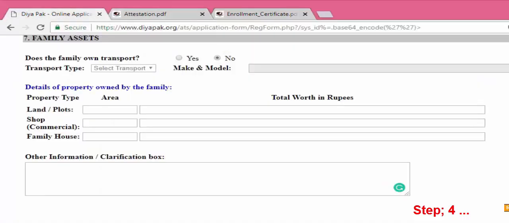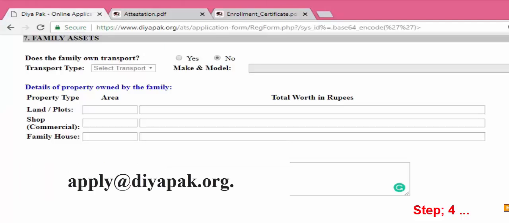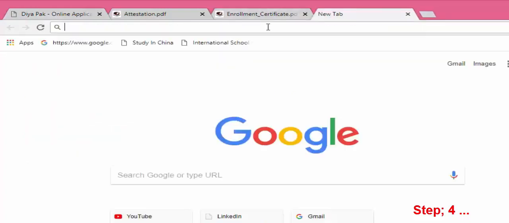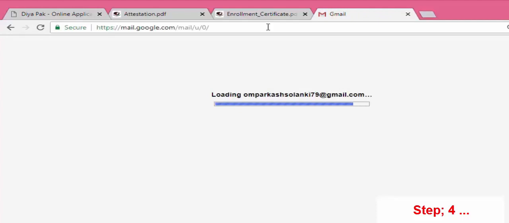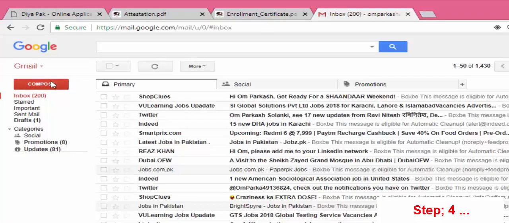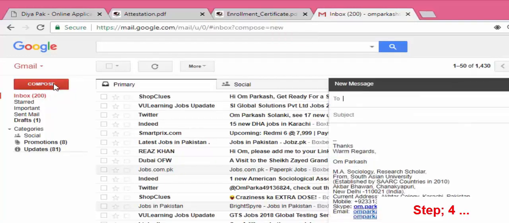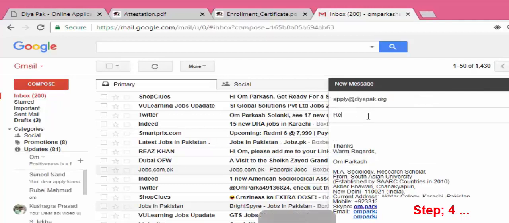This is the online system as we have earlier tested. This is the email ID of the Pakistan organization. Just copy and move to the new tab. Open your Gmail ID or Yahoo ID, compose this email like this, paste it here, and write the request applying